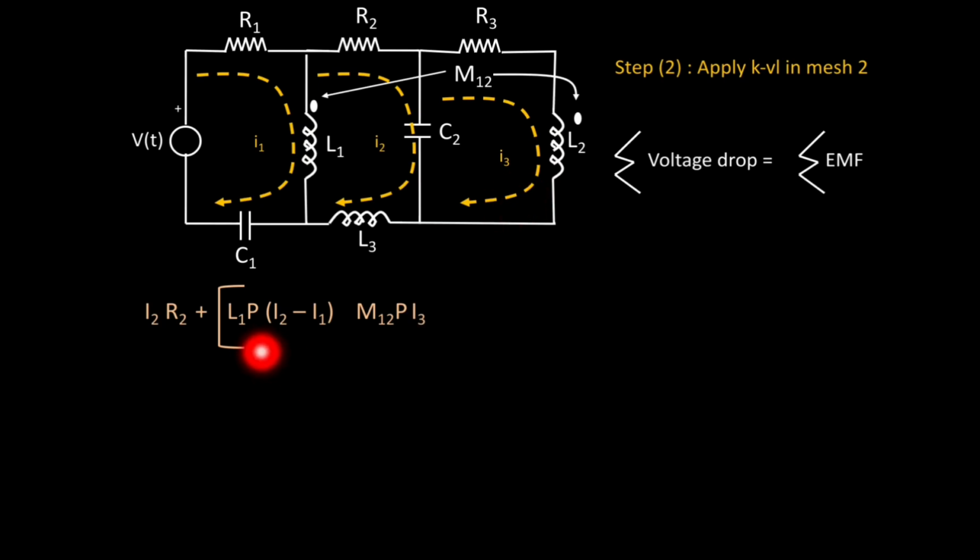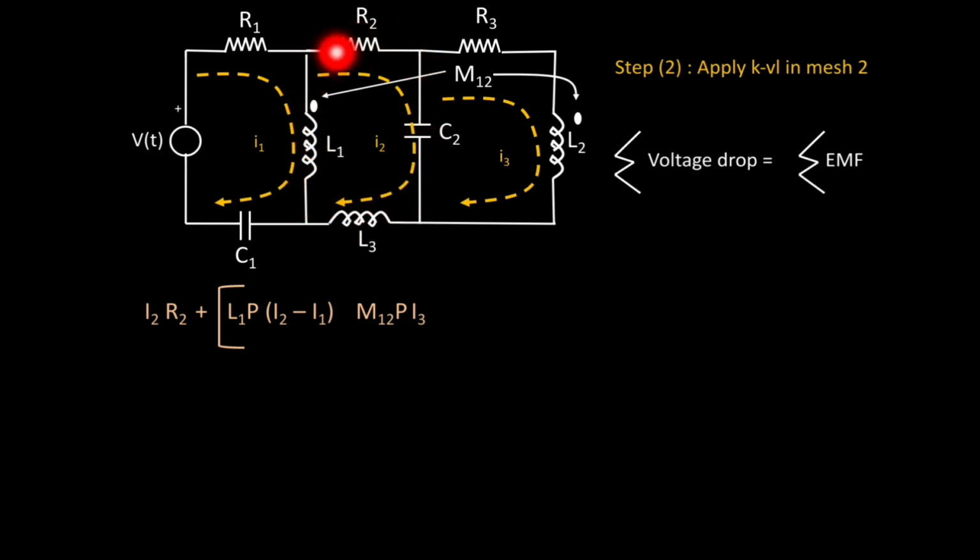Now we have two voltage drops here, the voltage drop because of self inductance and the voltage drop because of mutual inductance. Whether they are additive or subtractive, for that we have to check the dot convention. So which current will we check for L1? For this L1 we have taken I2 greater than I1, so we will check I2 in this L1. I2 is flowing in the clockwise direction in mesh number 2.